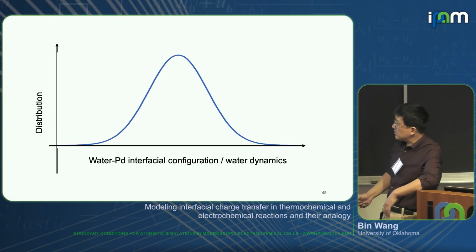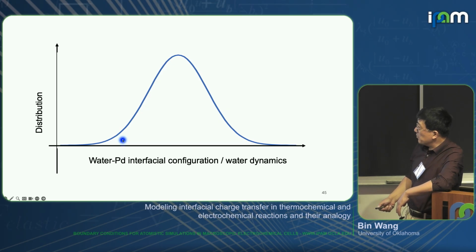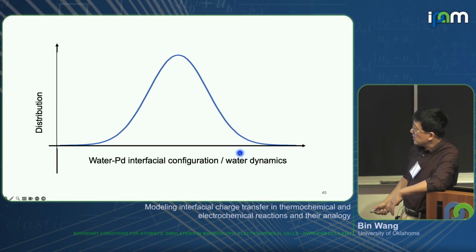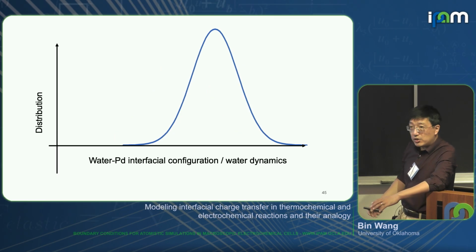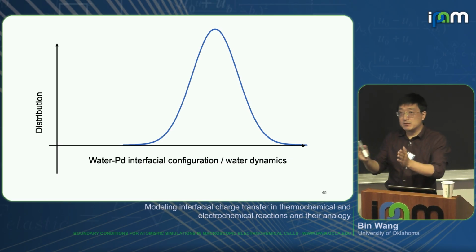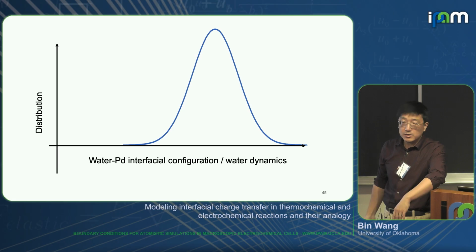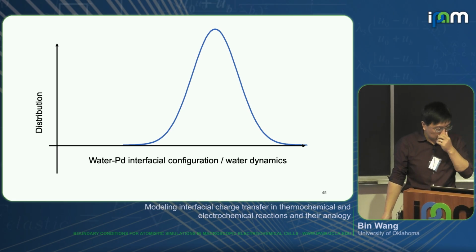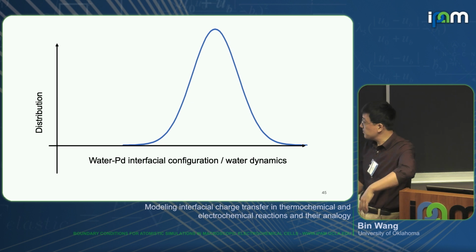So I mentioned that the water probably has a very broad distribution, but at the end of the day, probably some distributions are just more active than others, because the water is dynamically evolving from one to the other. And also I mentioned that a small change of the water configuration at the interface will determine your whole kinetics. So the question is whether I have a way to somehow constrain my water distribution to a narrow one, so I can favor particular configurations so that I can promote the reaction kinetics. And that's the one I'm going to talk about in the next probably 10 minutes.